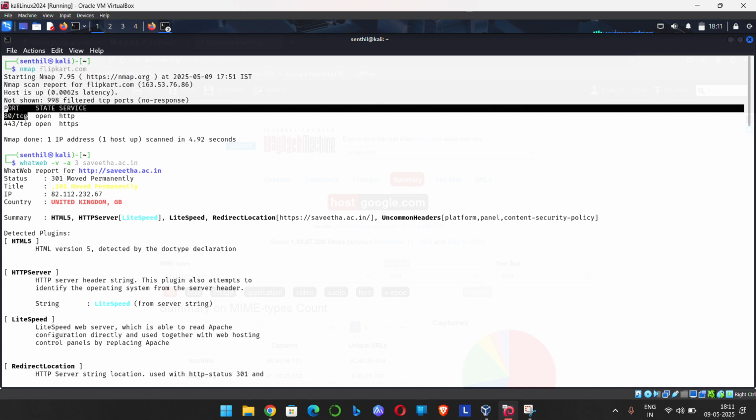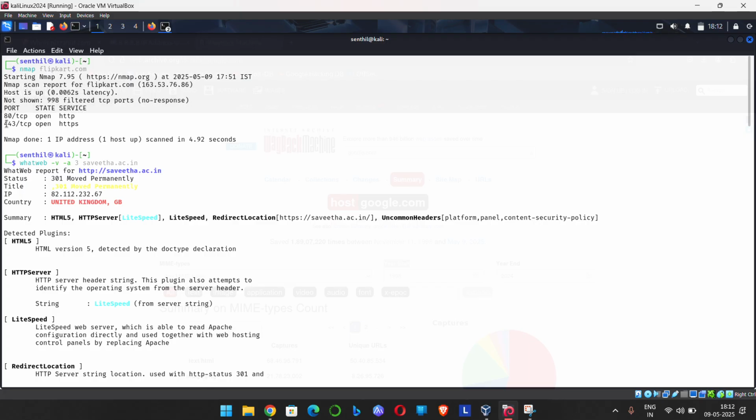For example, 80/TCP is a port they are using, in open state with the service HTTP, and another, 443/TCP, in open state with the service HTTPS, hypertext transfer protocol secure. So this sort of information can be gathered using Nmap,